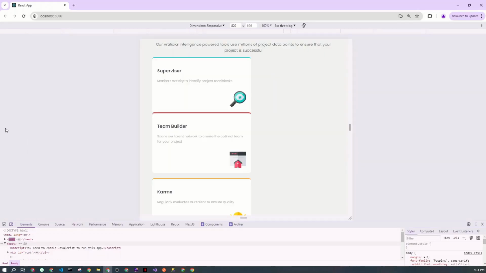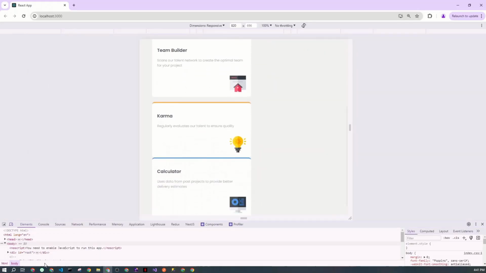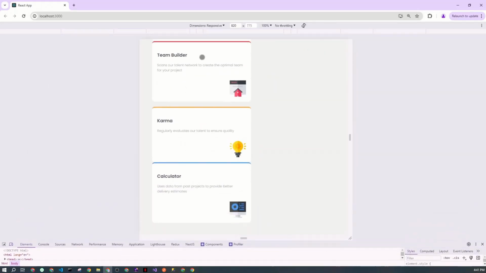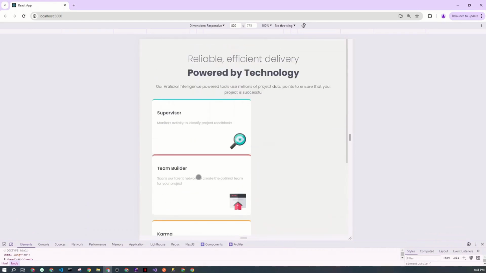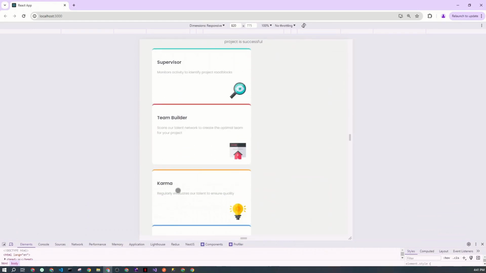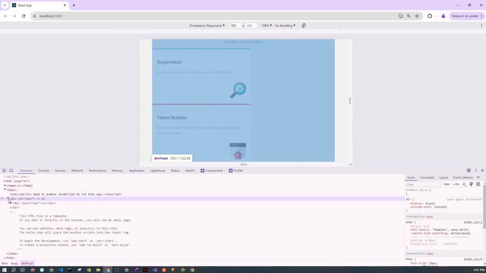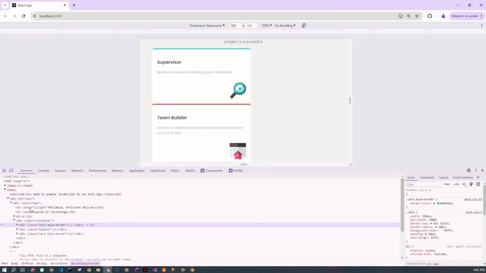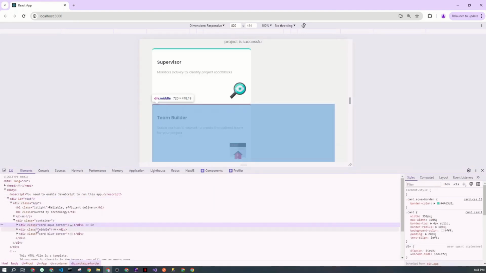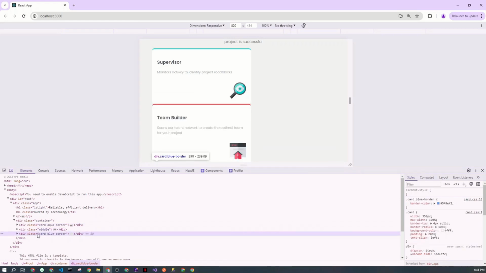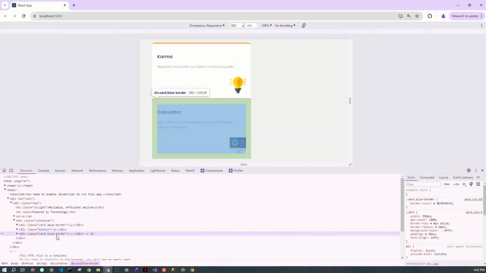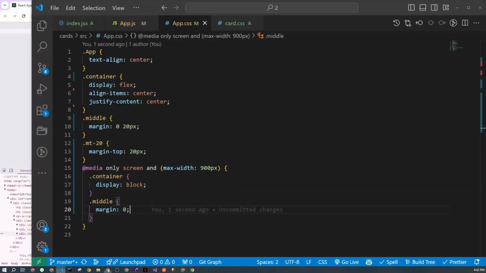That's how it looks at the moment, okay? So the cards are aligned, but they are stuck together. Only this one should have margin top, which is a little bit of space on the top of it, okay? Now how can I fix this? First, I want to check my elements themselves. So this is the card, this is the middle one, and this is the card blue, which is down there, okay? So the way I can approach this is that I can go, for example, here, and say my container